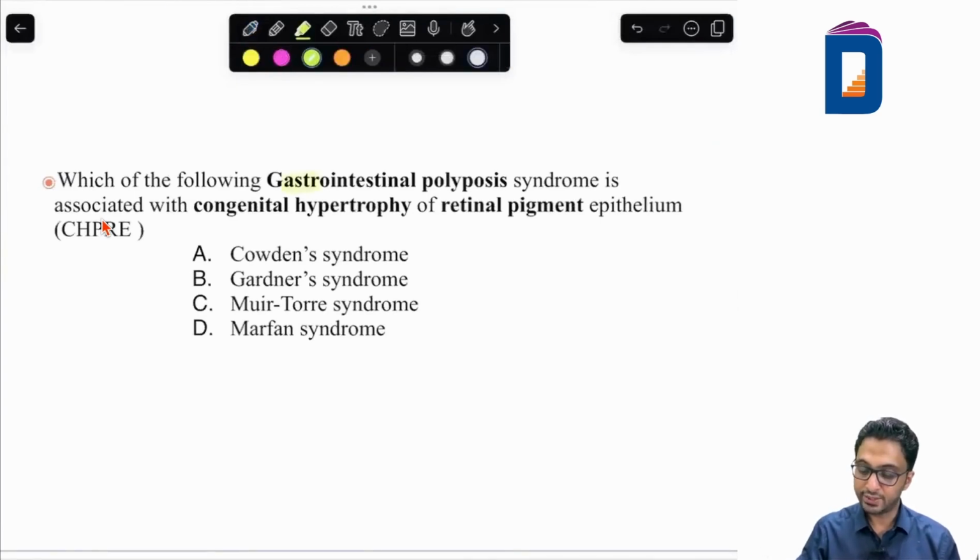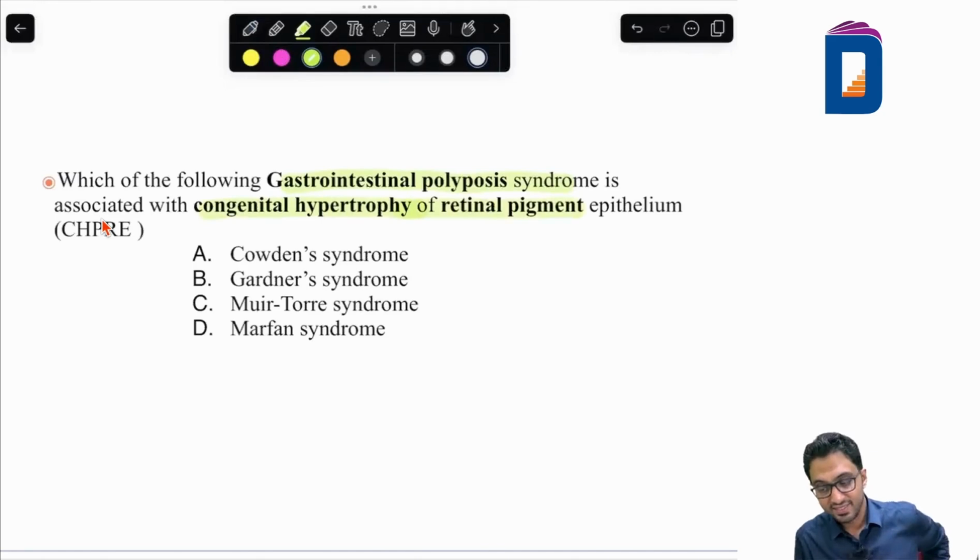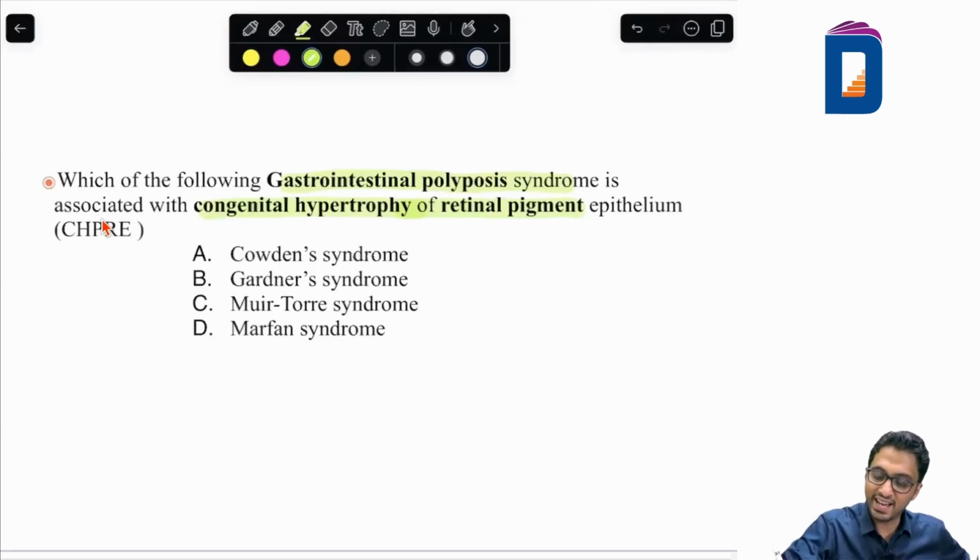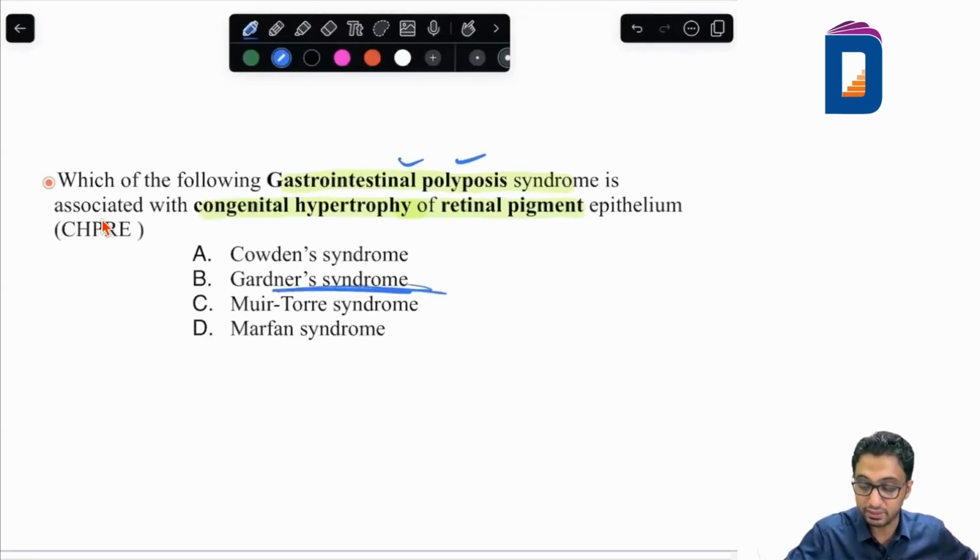Which of the following gastrointestinal polyp syndromes is associated with congenital hypertrophy of retinal pigments? This is asked for you. There should be a very clear key. Gastrointestinal polyp syndrome, which is definitely Gardner syndrome. But then please note that there is a retinal